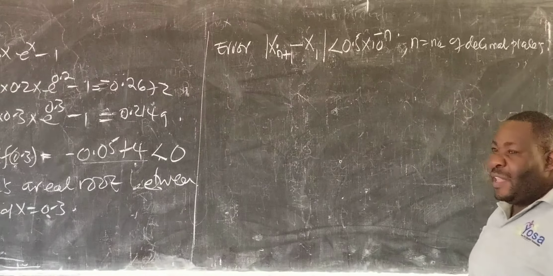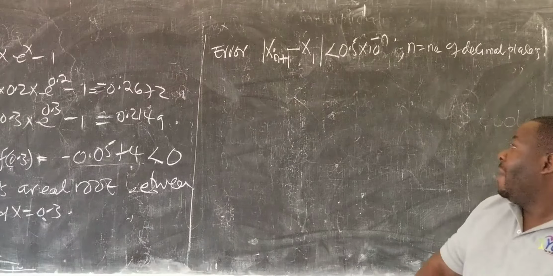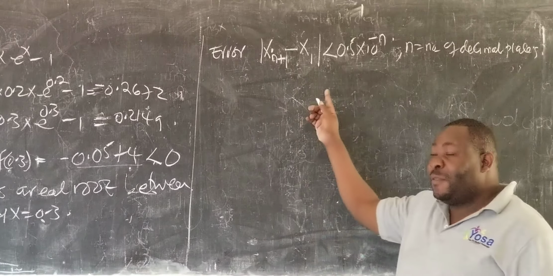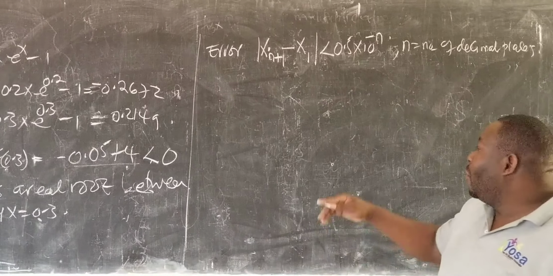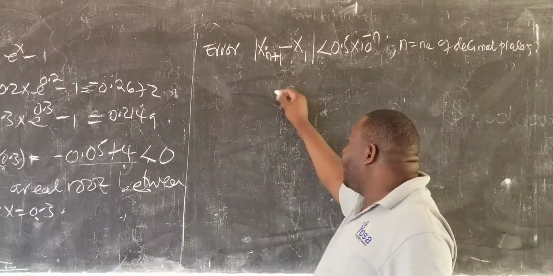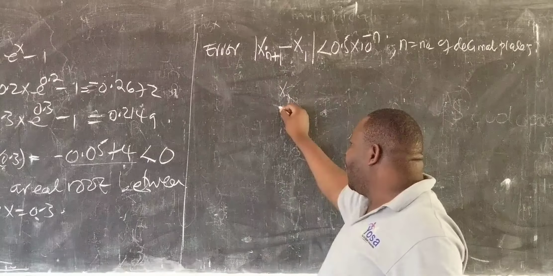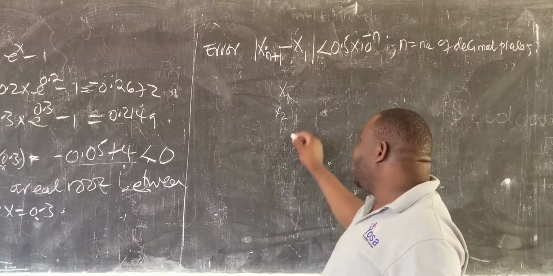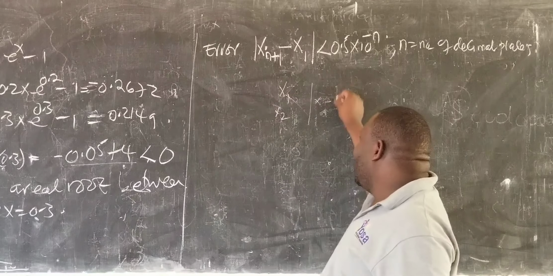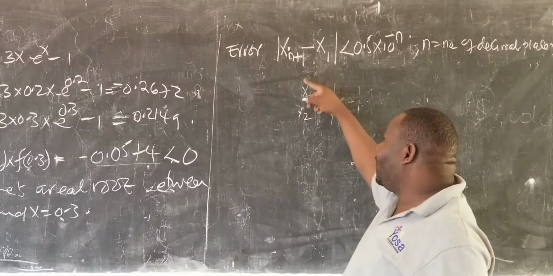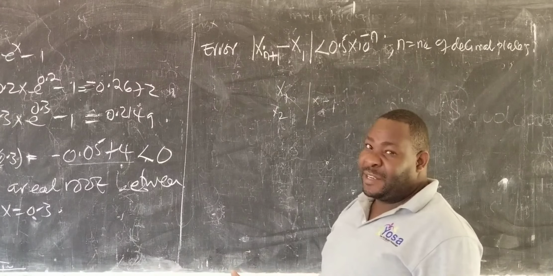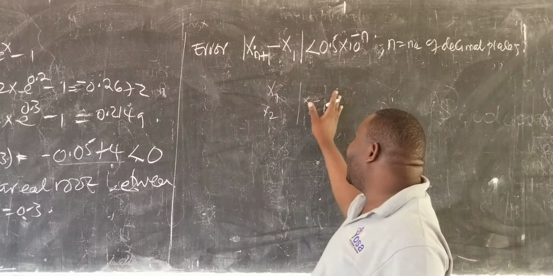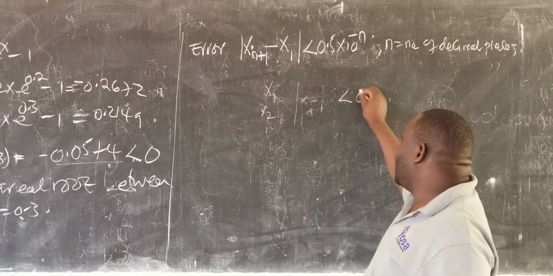Number of decimal places. Like this one here, they have given us that we should give the root to one decimal place. Which means that we are going to look for the first value of the root, we'll look for the second value of the root, then we subtract those two. If we find out that the difference between the first and the second values, when we're using the linear interpolation, is less than 0,